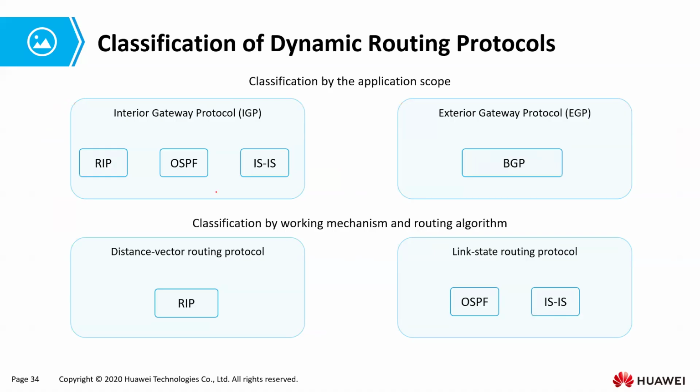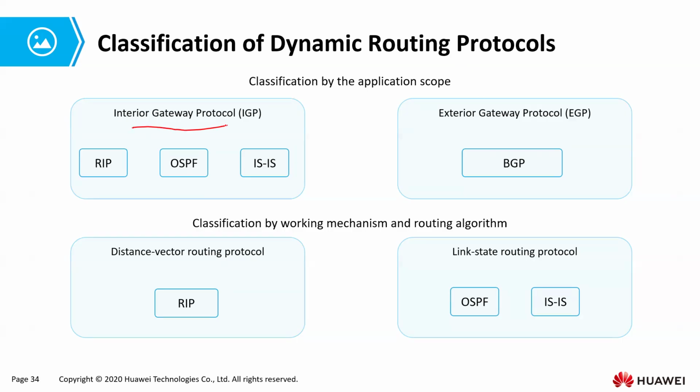Classification. Dynamic routing protocols can be classified by application scope. We have IGP and EGP. When we talk of IGP, these are protocols that are used within a single AS, autonomous system. For example, a single campus network, an internal network,